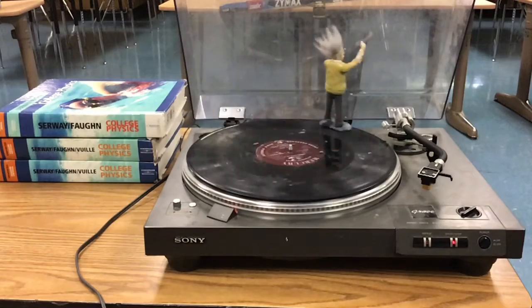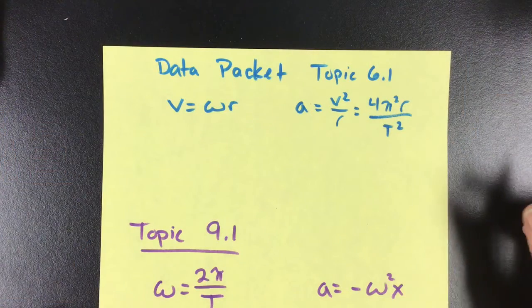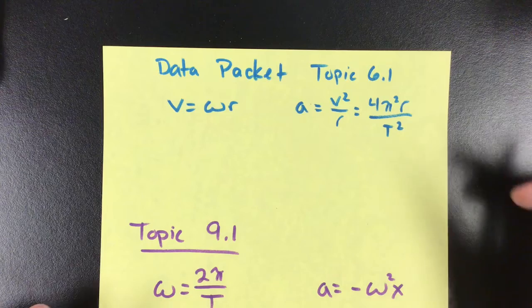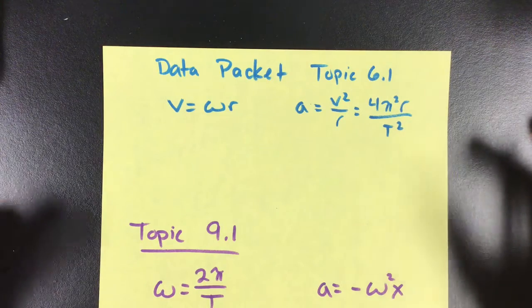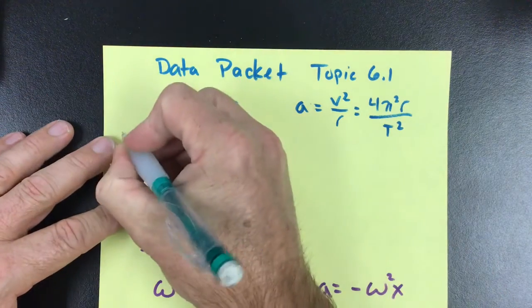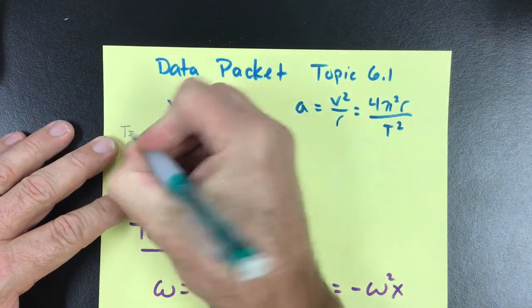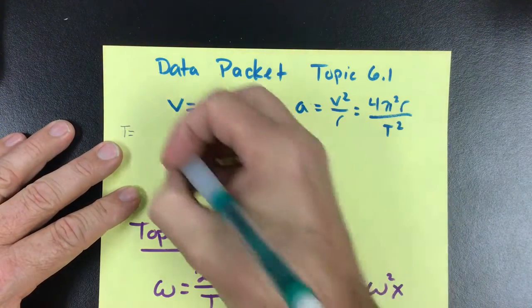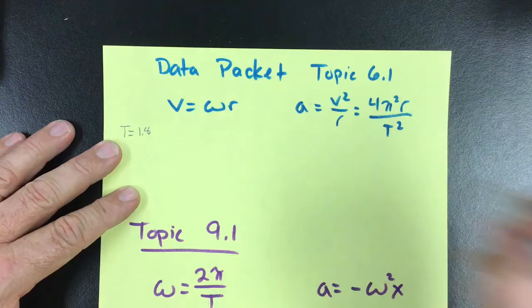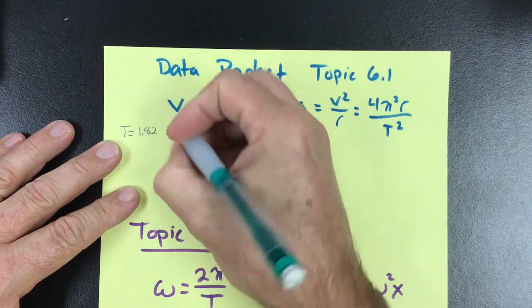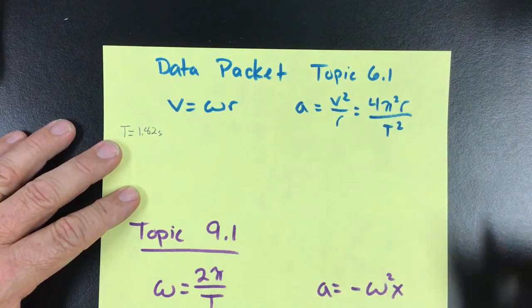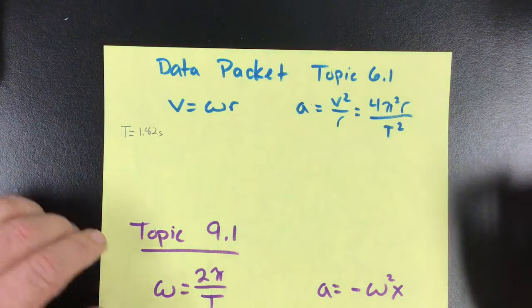Now we're going to use that in our notes. So today's goal is we're going to connect circular motion to more circular motion. So I'm going to first write down the period that you calculated. I got the period from Einstein going around was 1.82 seconds. So it took Einstein 1.82 seconds to make one complete circle. Now,